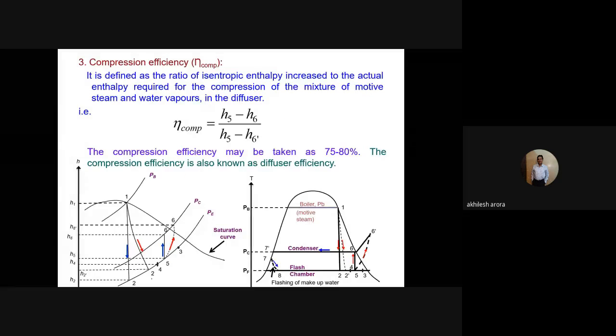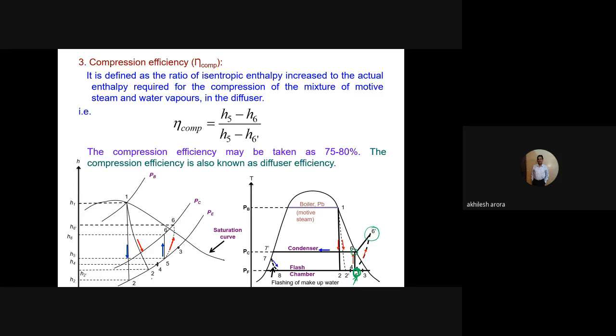Now after the mixing, at the exit from the mixing section, the steam is at point number 5. This is wet steam now. Okay, this is wet steam. Now this is compressed to point number 6 in the ejector. So it's not isentropic. So actually the compression efficiency is given by the actual value of the enthalpy increase, which